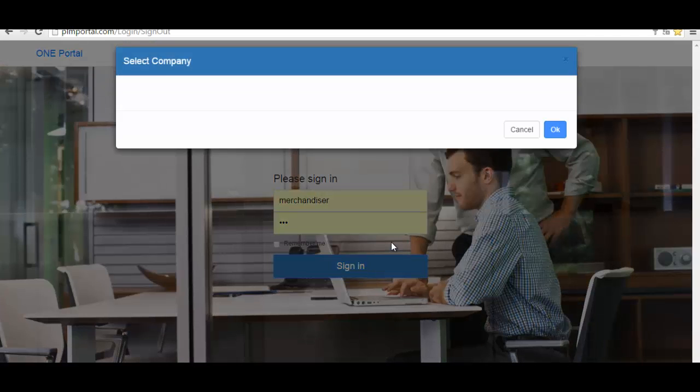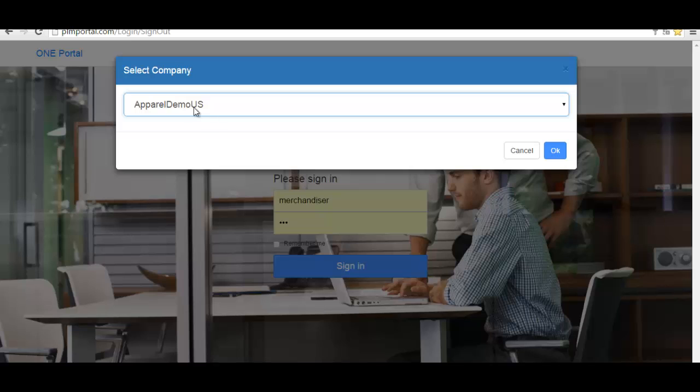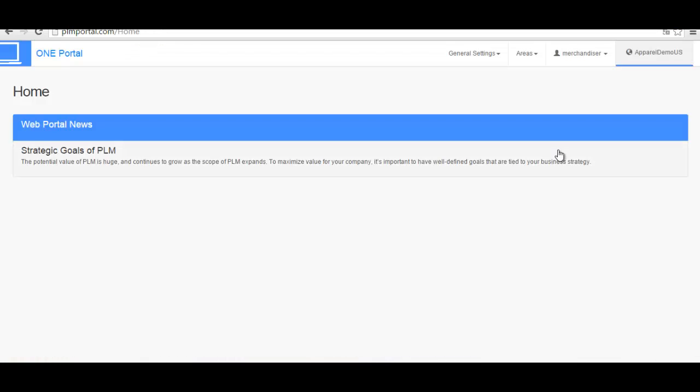Now let's log in as a merchandiser. The idea is to pick first the SAP company. Usually some companies may have more than one company to collaborate with their suppliers and customers. So let's pick the demo US company. As a merchandiser, of course, I have a lot of information to check. Usually when I log in, I receive alerts or news on my welcome page, and then I have information related